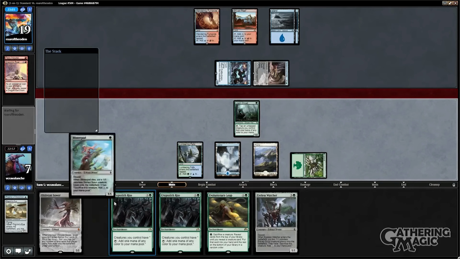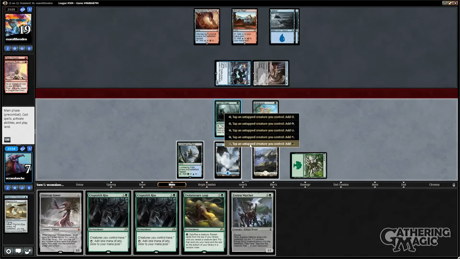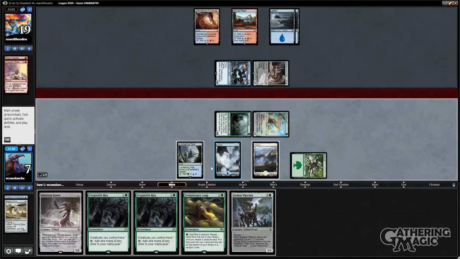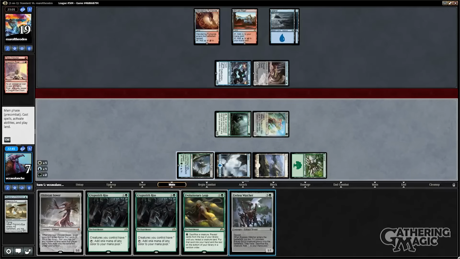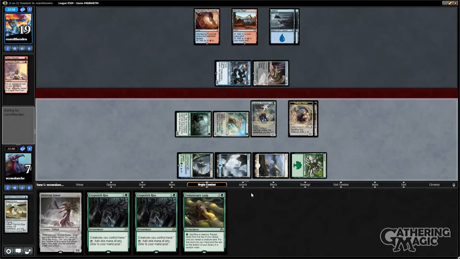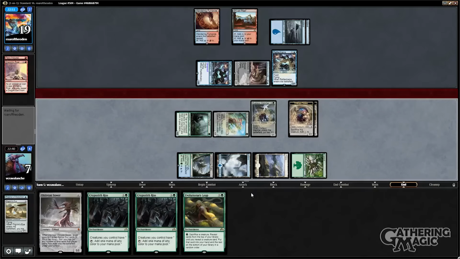Go Blisterpod. And then we tap them down to cast an Eyeless Watcher. Is that the best play? Yeah, because then we can have a lot of mana next turn through the Cryptolith Rite, or access to more mana. But this is not looking good, especially since these decks do run Exquisite Firecrafts. And I believe if he has any sort of burn,